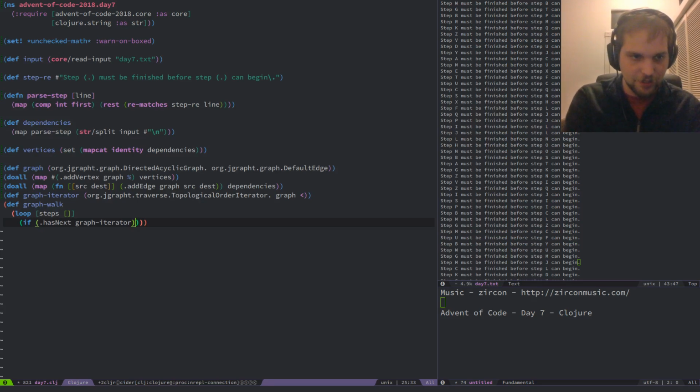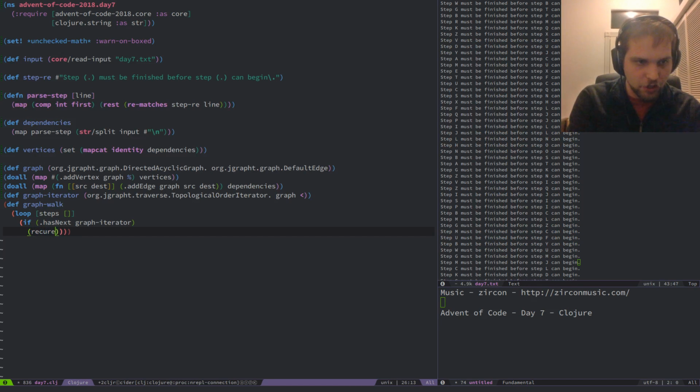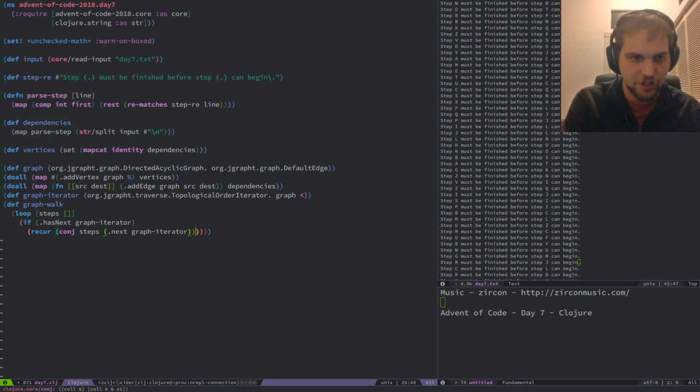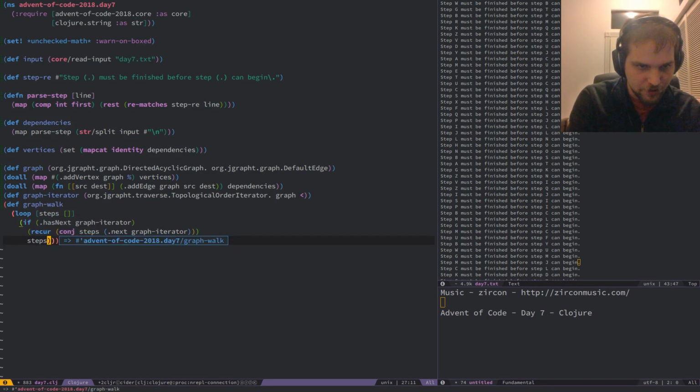I think that's the syntax. We're going to recur with conj steps dot next graph iterator. So just grab the next item, toss it onto the end of the list, and continue. Otherwise, we're done. We toss back steps. Easy enough. I like it.